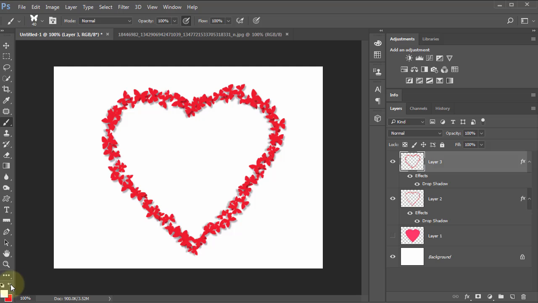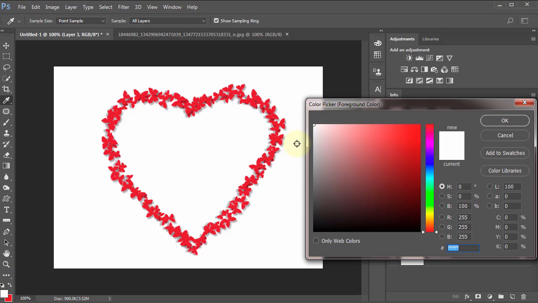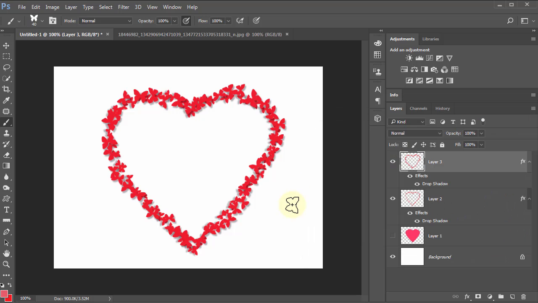Just hit that little arrow, or you can press the letter X as in X-ray, and I'm going to click on white, and I'm going to sample the color that's there, so it's right here, and I'm going to make that color a little less dark red. Okay, so if I click here and drag, obviously we're going to get a bunch of them, and they're the same